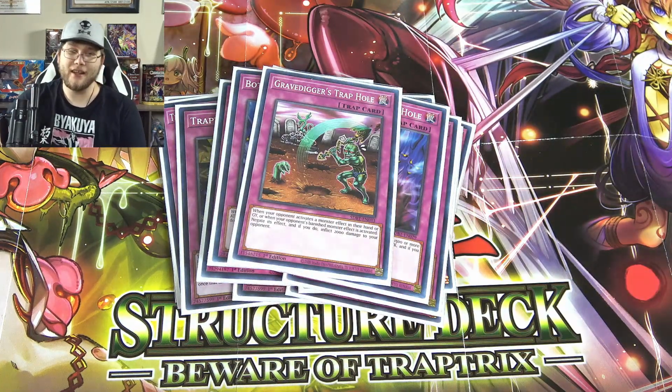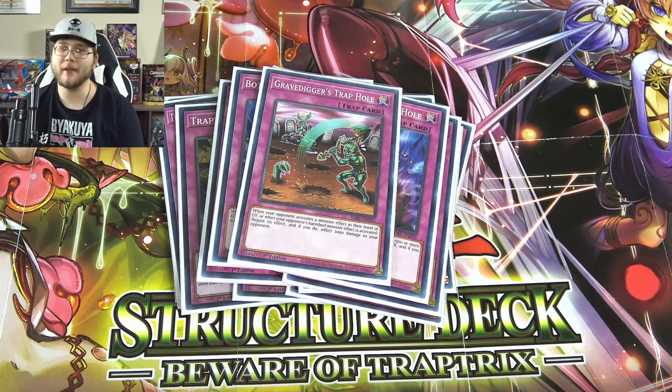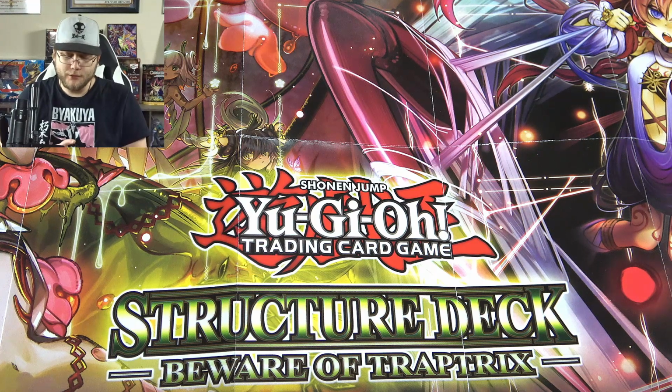This one isn't as useful as the others. I mean, you can get rid of some different things that are activated from the hand or graveyard. You can just negate effects and do some light point damage too. And then, of course, moving on with the extra deck, it's pretty straightforward because we pretty much have enough to